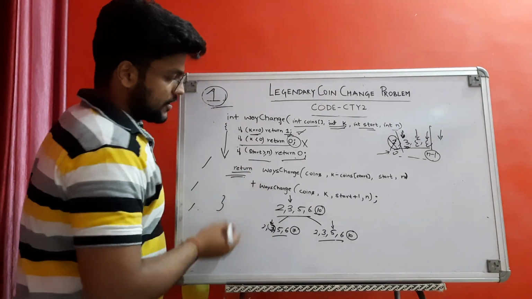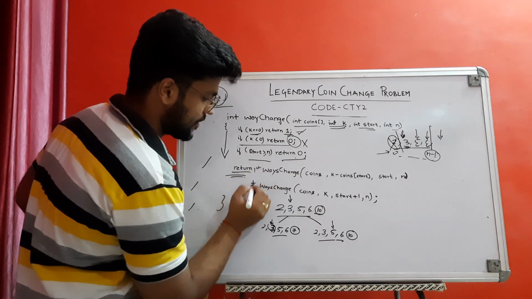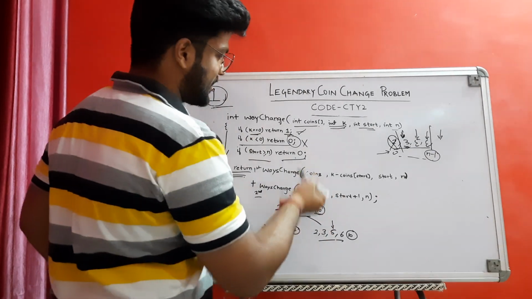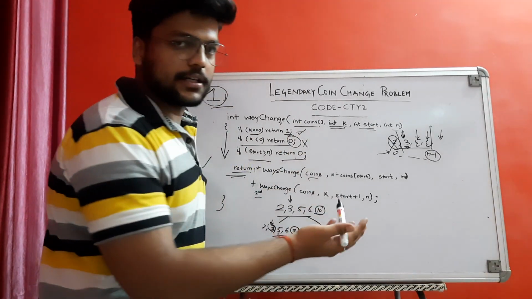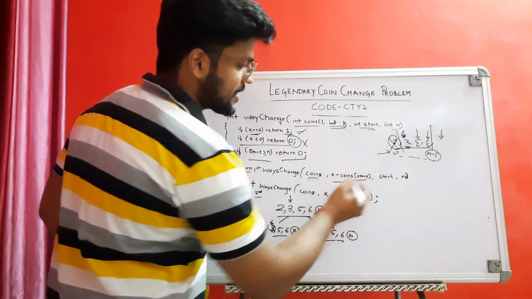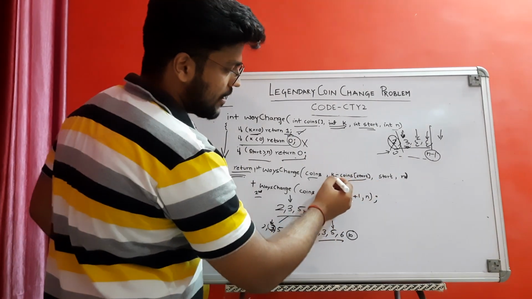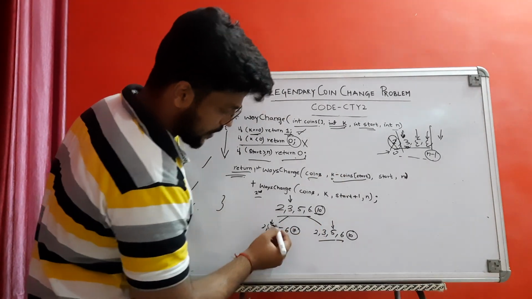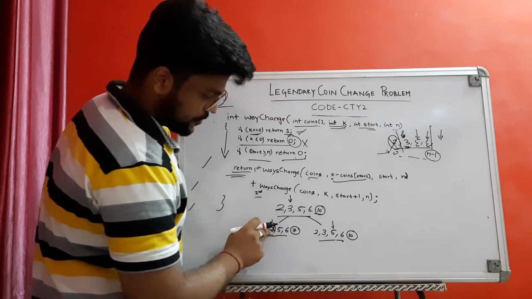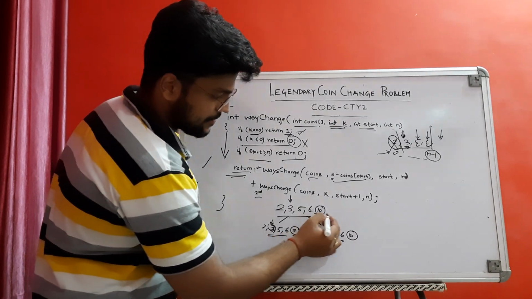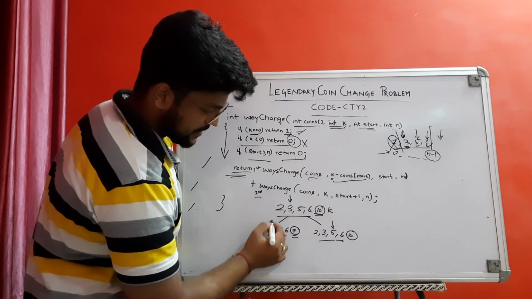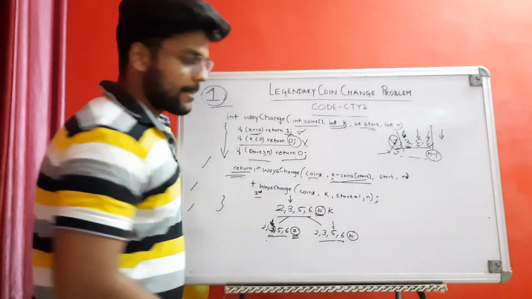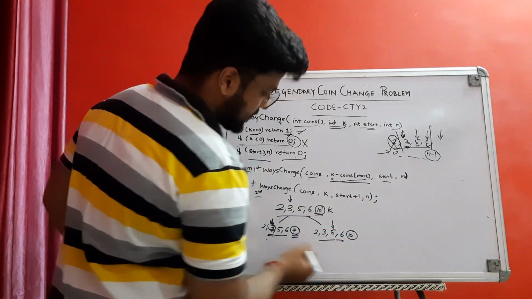So what do I have to return? This is the first way, this is my second way. Ways changes, again recursively calling the similar function, coins, providing the coin array of denominations, k minus coins of start. What I am doing is, you have to make the sum k, and let's say here you have to use the 3. If you use the 3, then the sum will change. What will it be? k minus coins at start. So now the required sum will be 7, and start will remain here only.